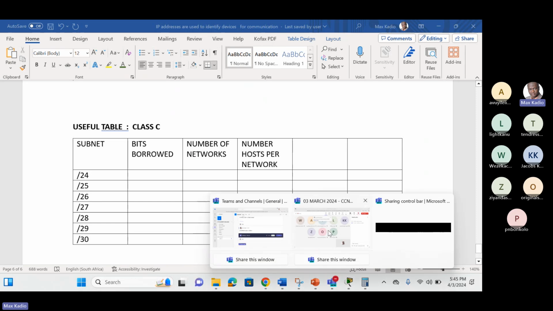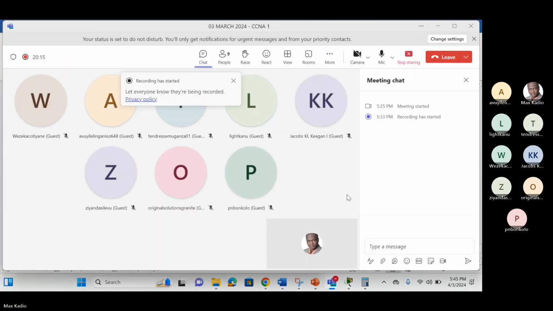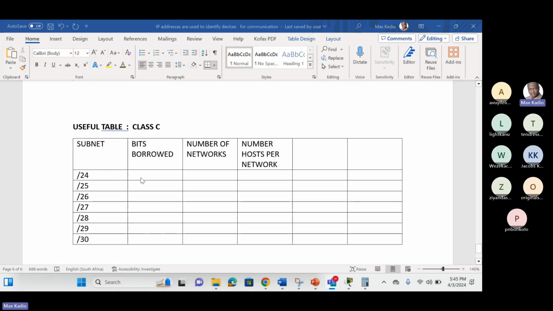Today is whose day? Last time it was Tendresse, fine. Anyway, let me leave you for today. Mrs. Kotiane, let us leave her for today. Zianda, let me leave her. Mr. Keegan, today is Keegan's day. So Engineer Keegan,